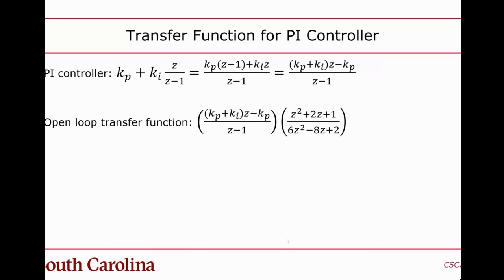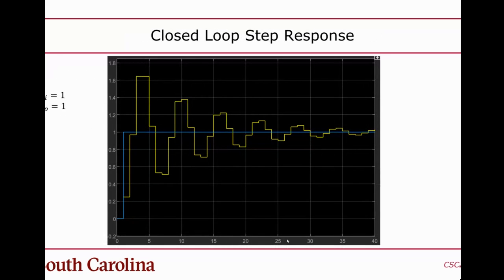I'm not showing it here, but you would then have to take this and put this into the closed loop transfer function and build that up. And then once you do that, you can do a step response. So this is a step response. So basically, the idea is this is supposed to be the same